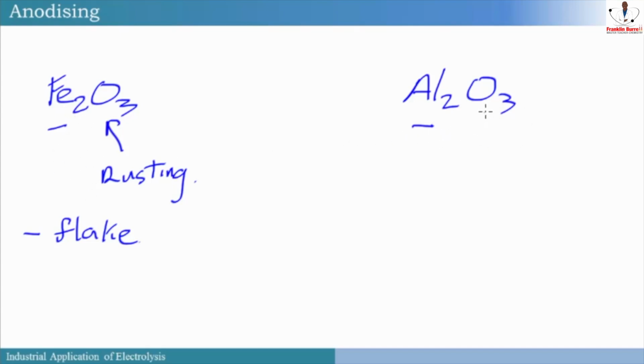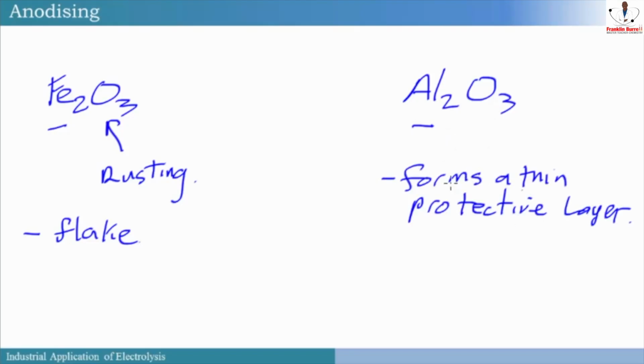Whereas the oxide of aluminum forms a protective layer. So you see, the oxide of aluminum will protect the metal, while the oxide of iron does not protect the metal. The main difference is one is flaky and the other one is not flaky and sticks to the metal